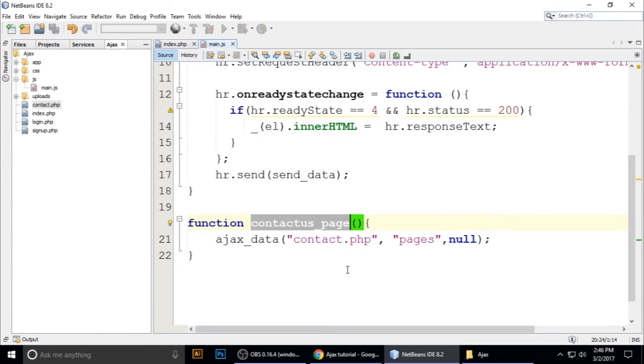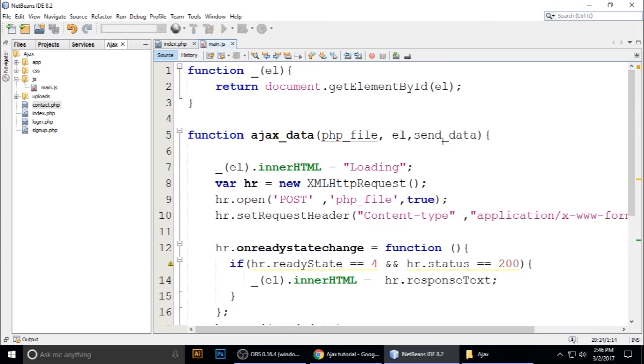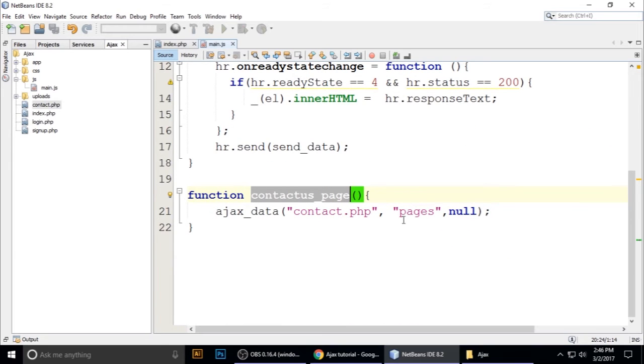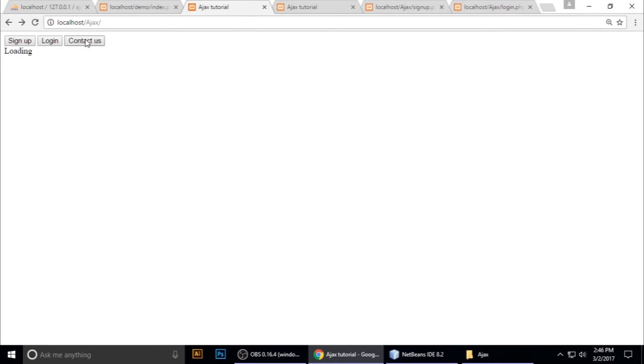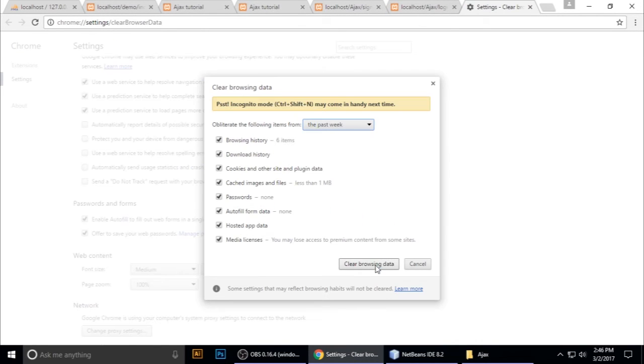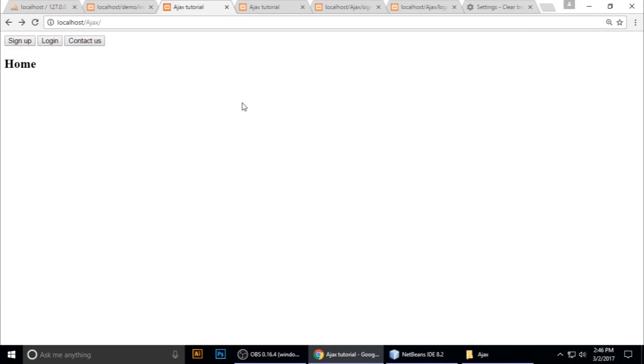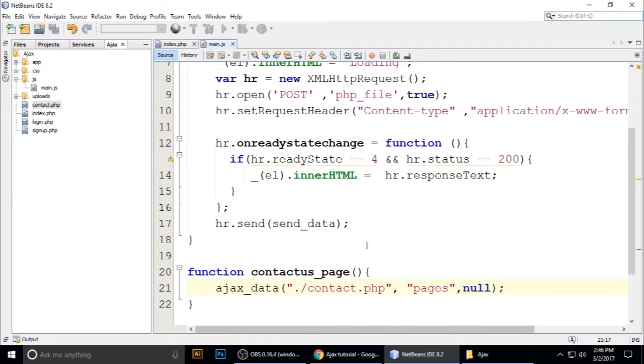Pages, the php file, element, and send data. We didn't send any data here, so just put it here and Ctrl S to save. Contact us, loading. Ctrl Shift Delete, just remove the history and the cache of our browser. So now it's loading, but it didn't